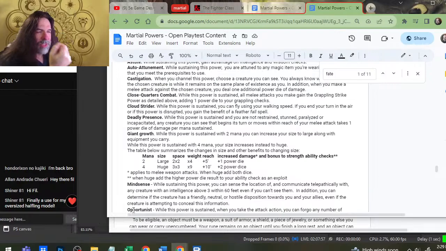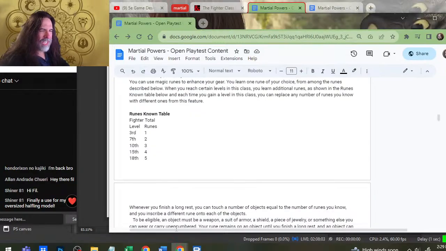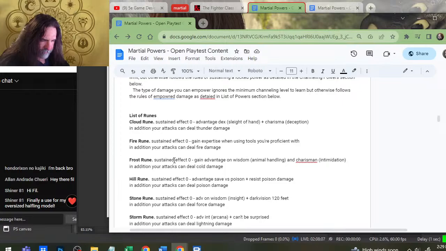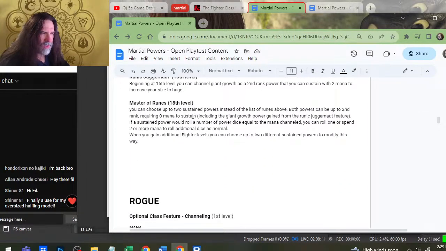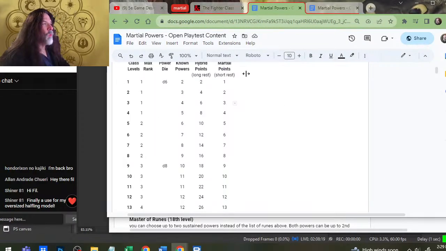Yeah, at 11th level you can pick this up. So when you gain that feature at 10th level, I'm catching up. So we gain the Master of Runes. The Great Stature, which is you can take a 1st rank power and make it 0 cost. And so we can take